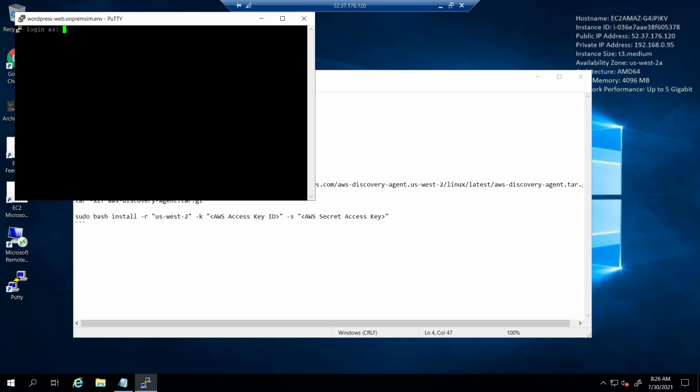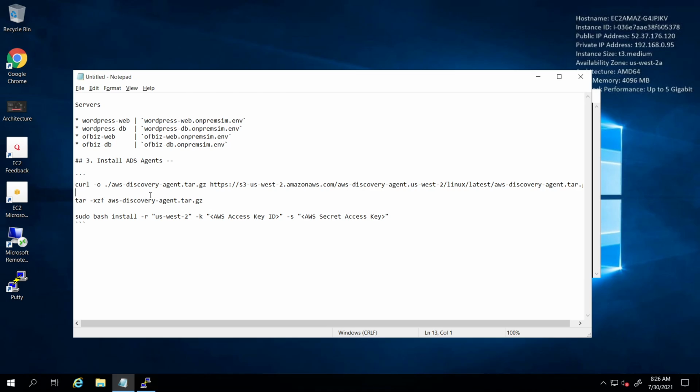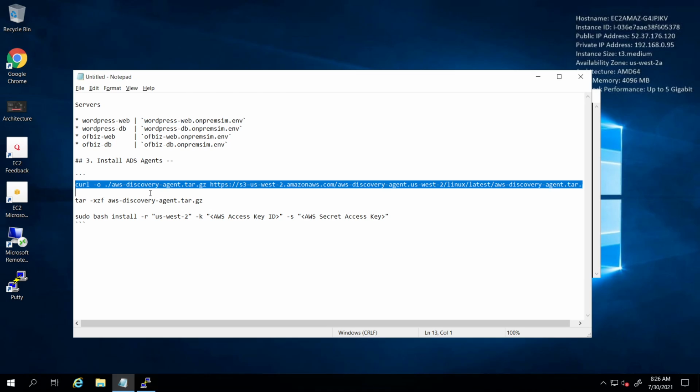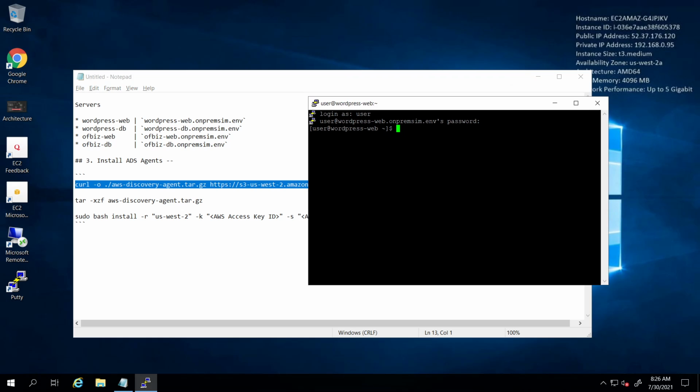So we'll plug it in. And once you're in, we will take each of these commands and execute them. Basically, we install the package, we unzip the package, and then run the install script.